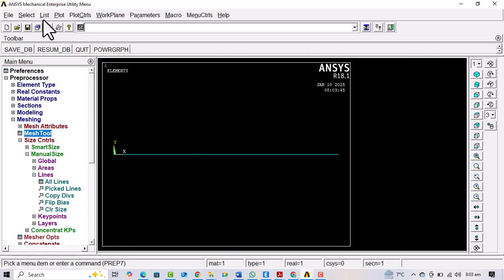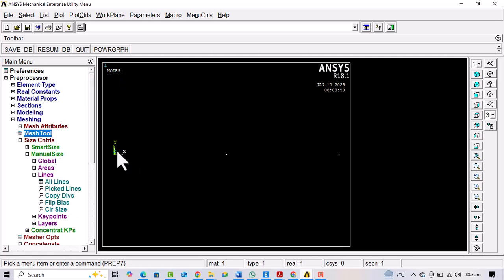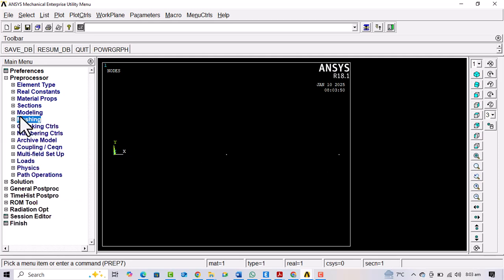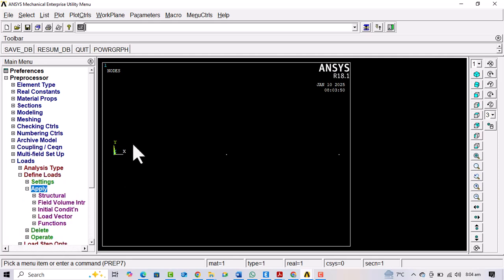So if you see now, I will plot the nodes. So I have 3 nodes, 1, 2, 3, from 0 to 5, 5 to 10. So after the meshing, what I will be doing, I will be applying the loads. I would be applying the loads on the node, this node, origin node, and